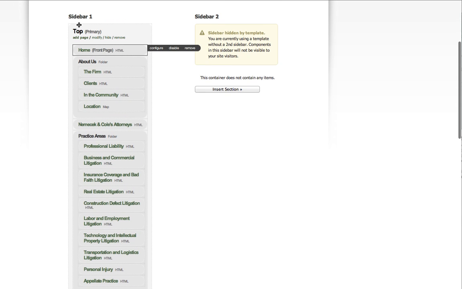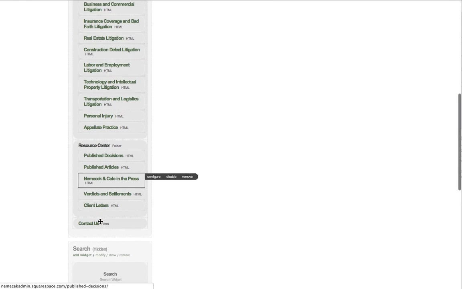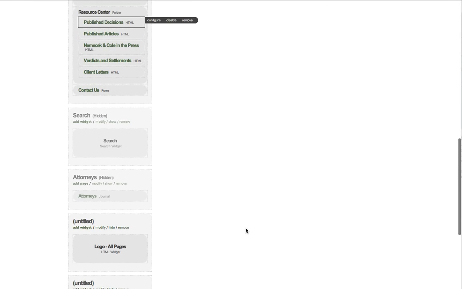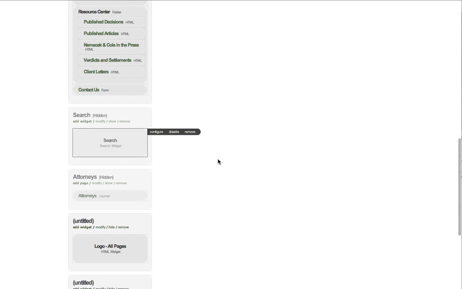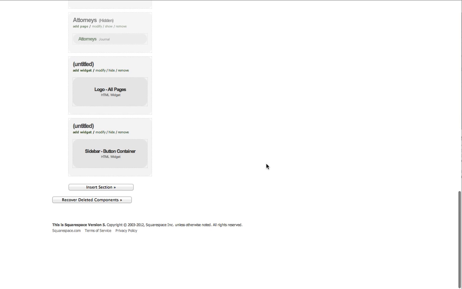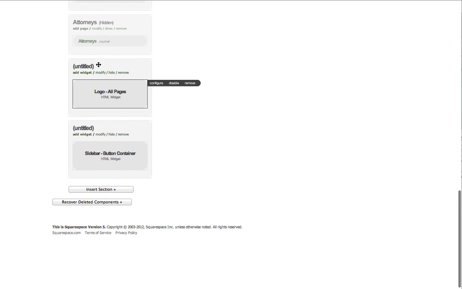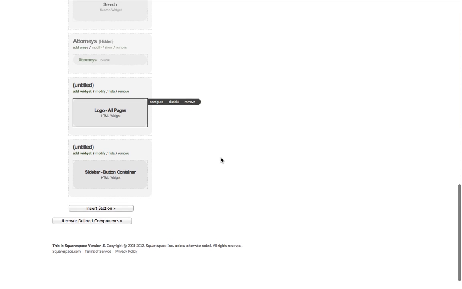So this is the top navigation bar. Anything in this entire section will appear there. Then there's other pages that you can add that are called hidden pages. And when you hide a section, it just means it's not going to show up on the actual website. I have other things like the logo, for example, that's in a section, and that's how it's appearing out there